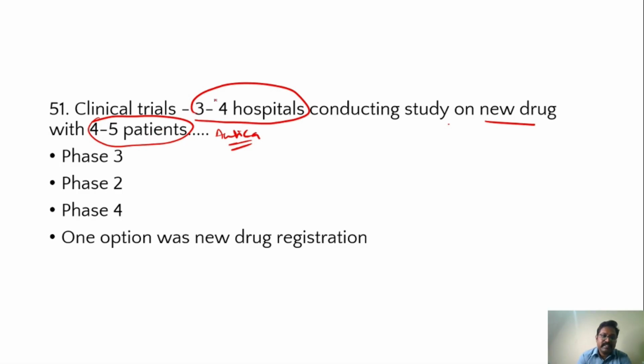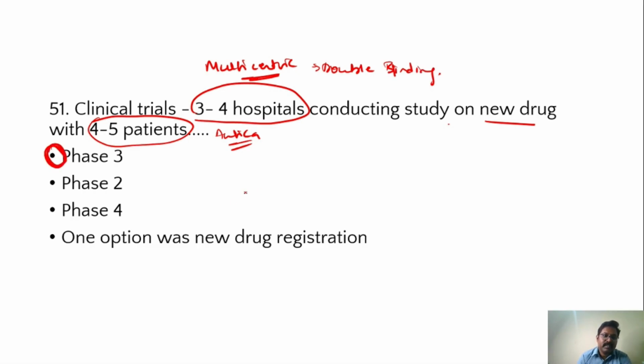If it is done in 3 to 4 hospitals, it is a multi-centric study. And if it was double blind, where the patient and the investigator don't know what they are administering, then the answer goes for